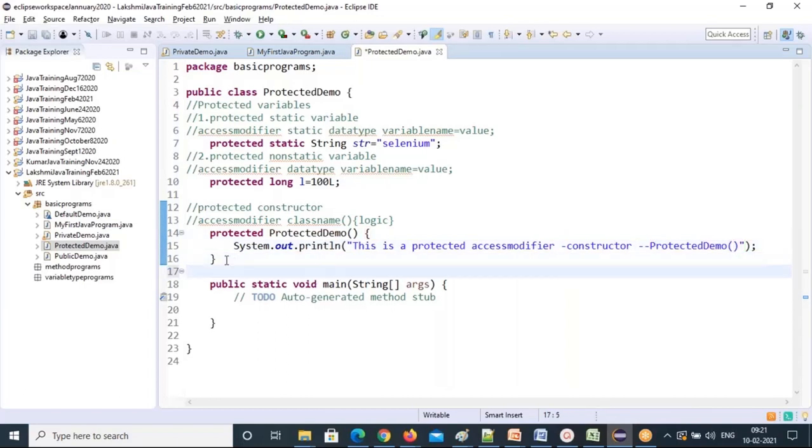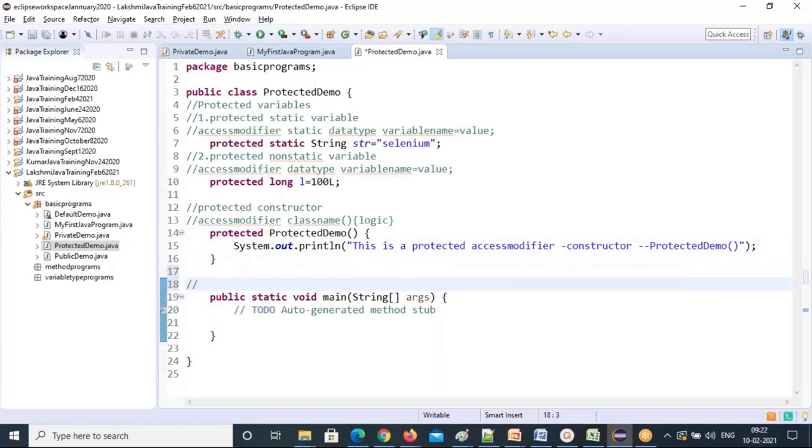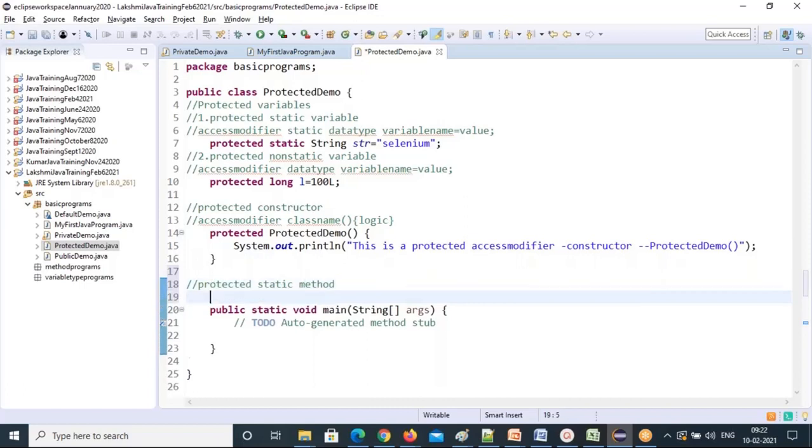Then the methods. A protected static method. First, what is the syntax? Access modifier, static, void, method name, parenthesis, curly braces, logic.